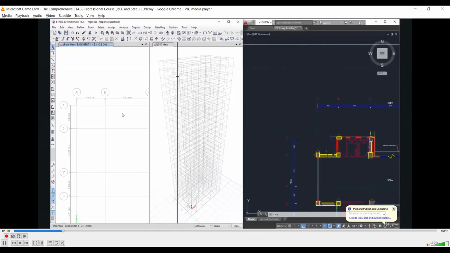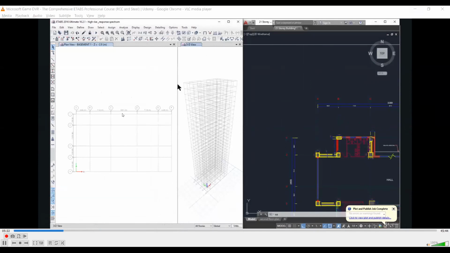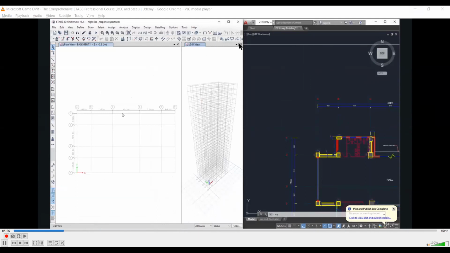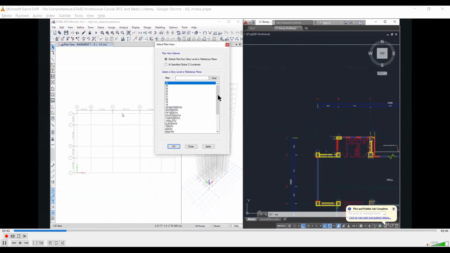So this is like a 3D view here that I will suggest you to let it be open. Don't close this window because it will be better to check whatever we are doing here, what is the output here. So we need to model a column here on grid 2A. So we go to draw. Before that, we should select the level also here, that what exactly is the plan on which we are working. So I will suggest you to open basement 1 level.